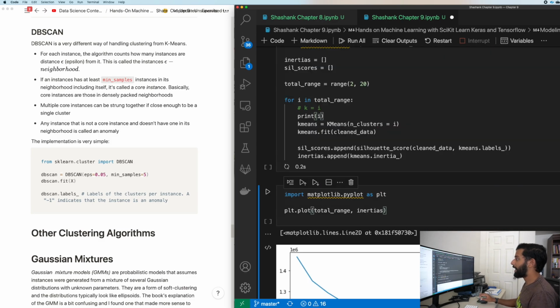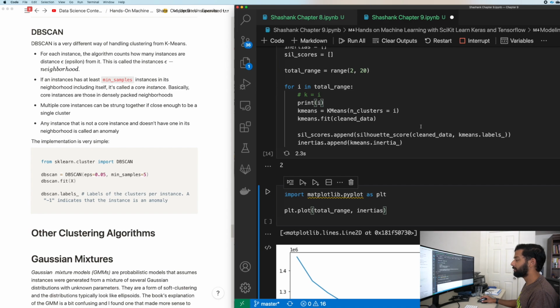I need some way to track what cluster we're even at. So tqdm would be a better library for this, but I have a bunch of issues installing it for some reason, so I'm just excluding that for now. Actually, just 2 clusters takes a while, looks like.